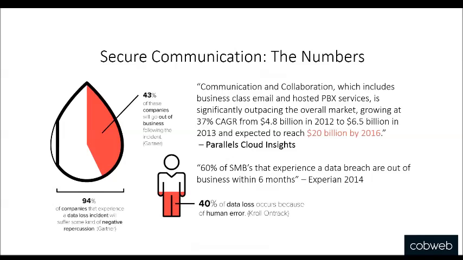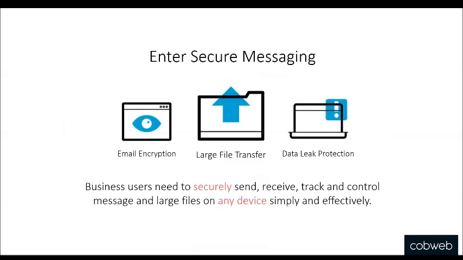Looking at some statistics out there in the marketplace, what are the effects of data breaches? What are the effects of situations where you lose control of data or you inadvertently deliver data to the wrong recipient? Most of this, as you can see there, 40%, occurs because of human error. So even if you're providing employees with the tools to securely and safely share information, you need to take into consideration human error and develop protocols as well as ensure that your IT system works for you and reduces the impact of that human error.